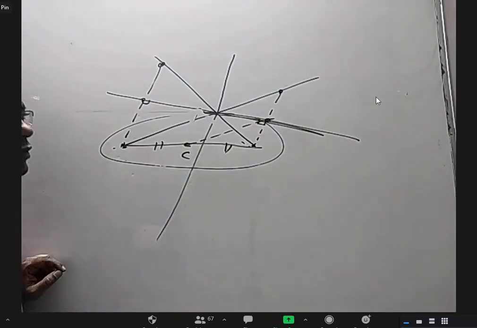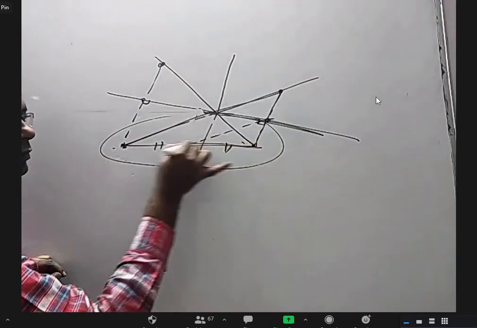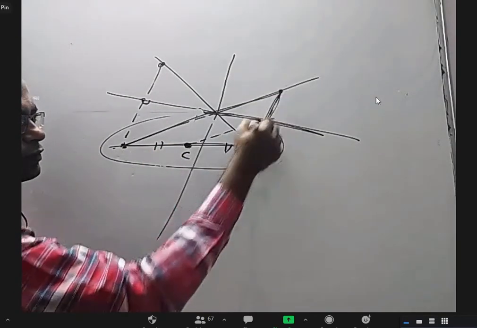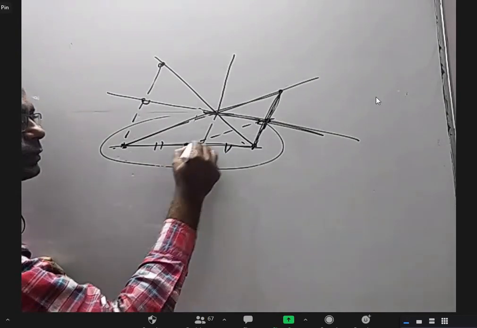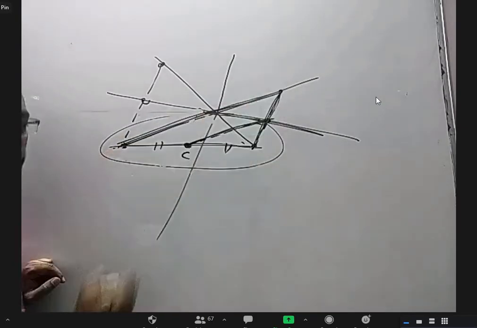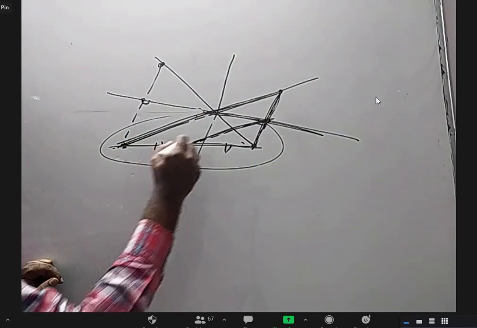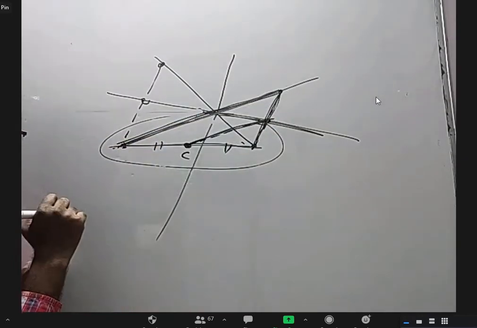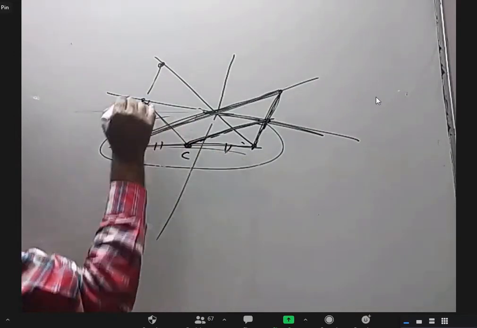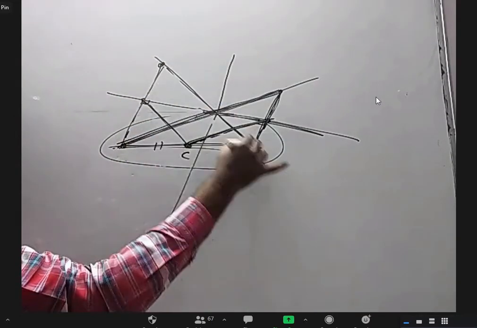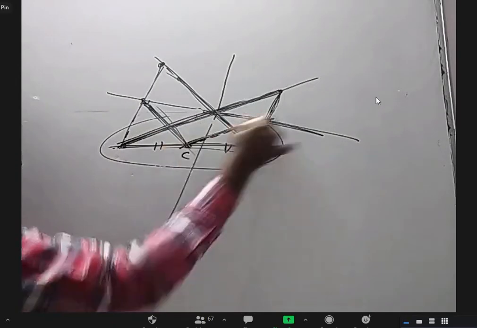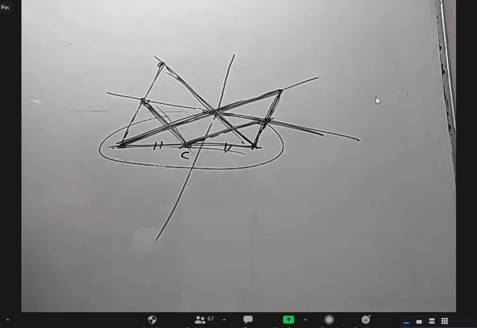It's very, very easy. You know why? Look at this triangle. Is this the midpoint of this side? Yes. And is this the midpoint of this side? Yes. That means this will be parallel to this, and it's half of this. And this will be half of this also, right? So this is 2a, just now we discussed. So this is a. This is the midpoint of this side, this is the midpoint of this side, so this is parallel to this and half of this, and that is 2a, so this is a. That's it. Done, very simple, just like this.